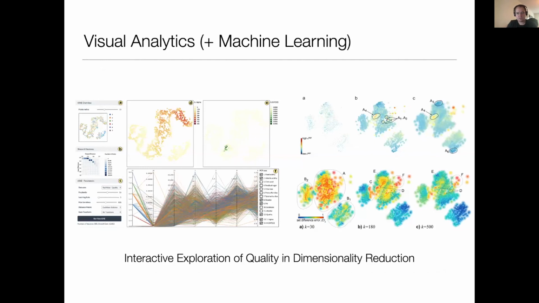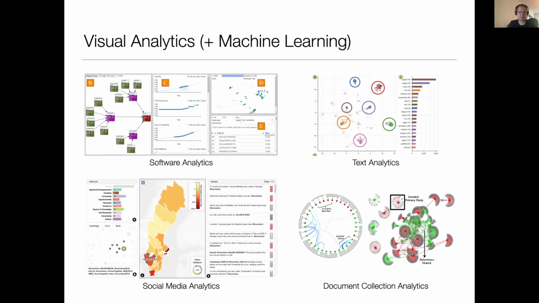Yeah, and then what I was going to say is that we have some examples in our own research group. For example, in this case, it's interactive exploration of quality and dimensionality reduction, so it's basically about exploring algorithms. But we also have other types of applications that we have done. For example, software analytics, where you use visual analytics to analyze software quality.